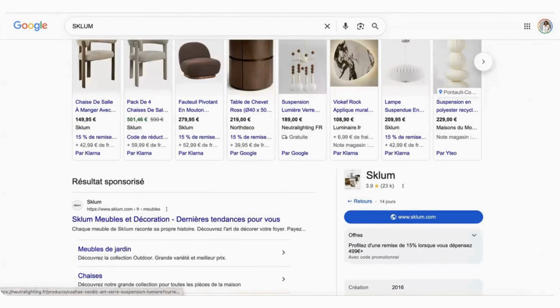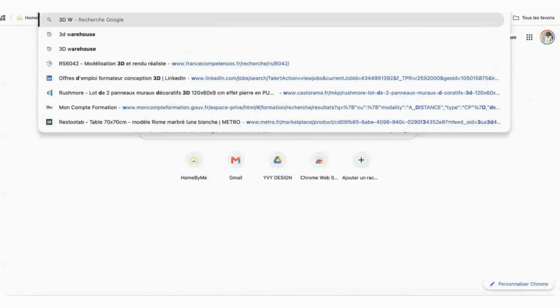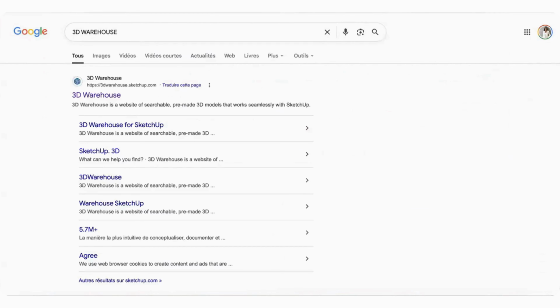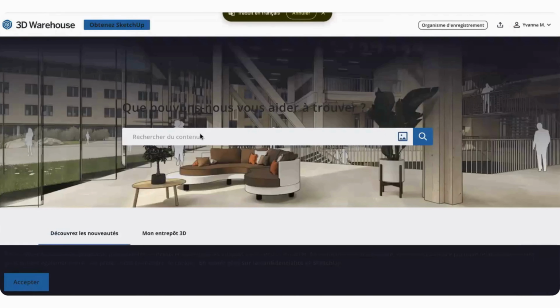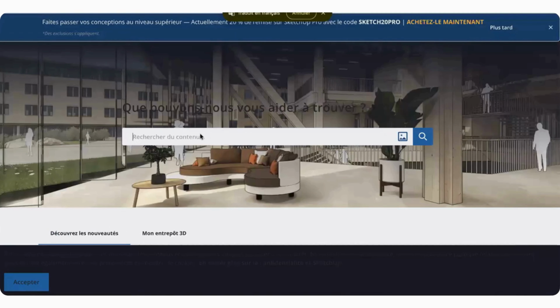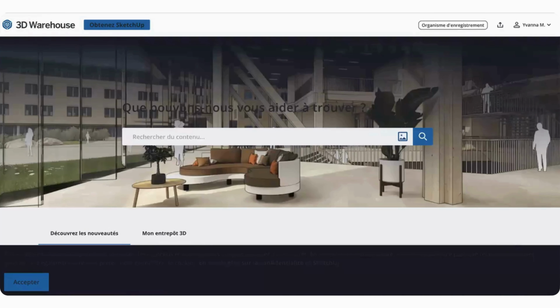On the other hand, you can go to certain websites, and I think some of you are already familiar with 3D Warehouse because it's used in other design software, in other design tools. You can use this kind of site to download 3D models. I'm logged in, I already have an account, and that's great because all you have to do is create a profile. In 30 seconds, you can log in with, for example, your Google address. And now you'll be able to